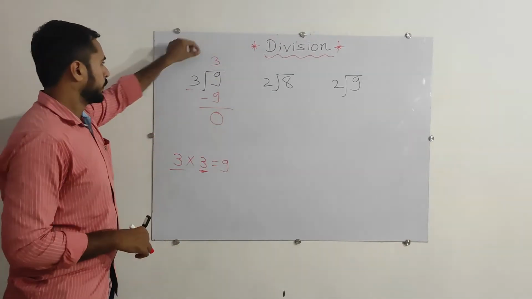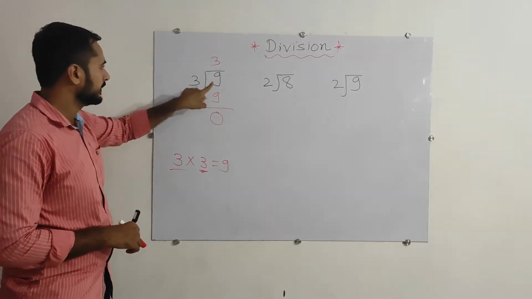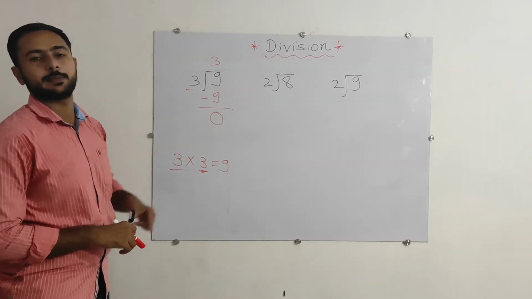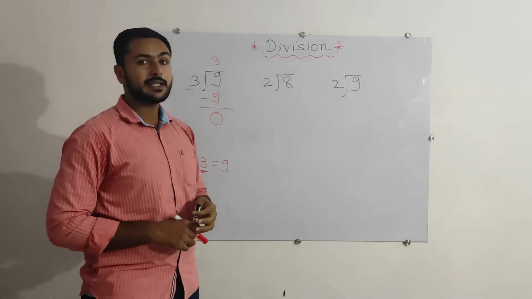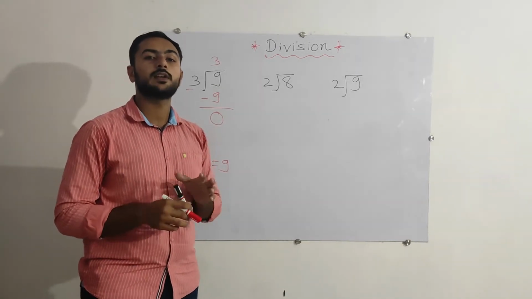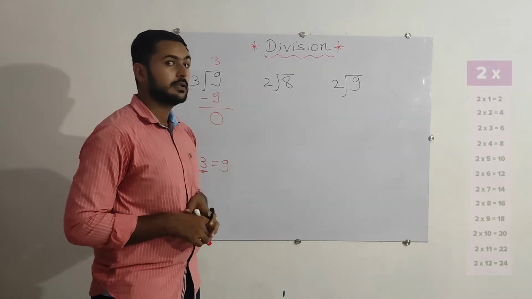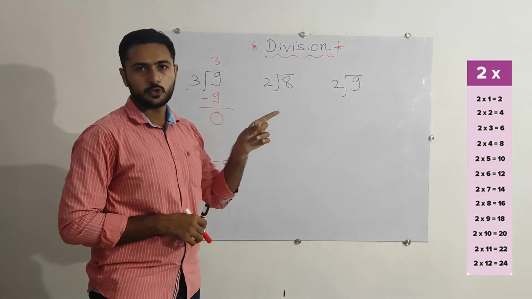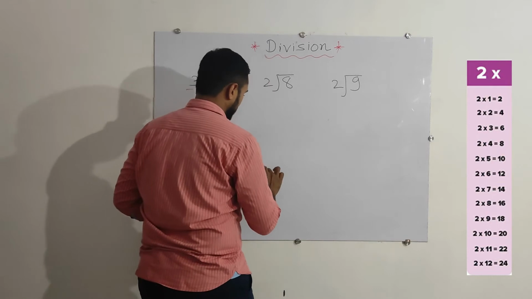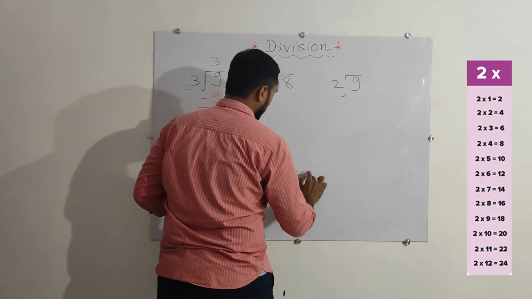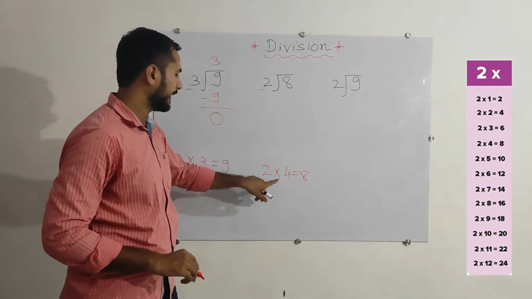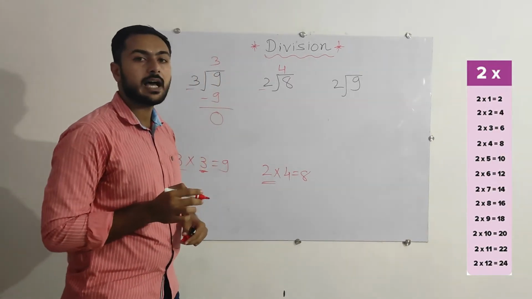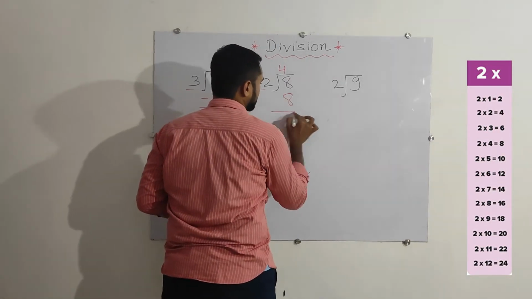So again, the notations are: this is divisor, dividend, quotient, and remainder. This is remainder. Now for the next number, divisor is 2. It means now we will recall the table for number 2. In that table, what will we identify? The dividend. Where is that? 8 is 2 fours are 8. So this 2 is here. We will write 2 fours are, 4 we will write here at upside. 2 fours are 8.